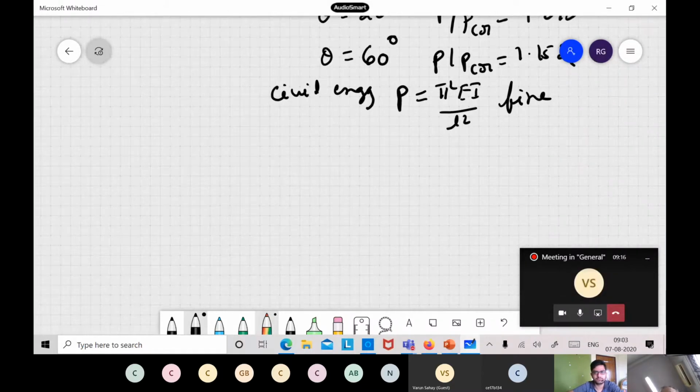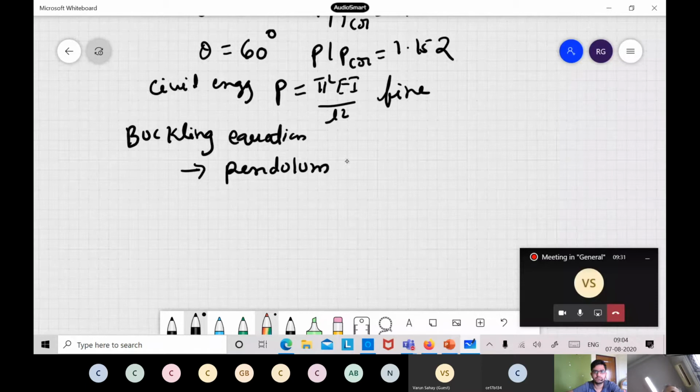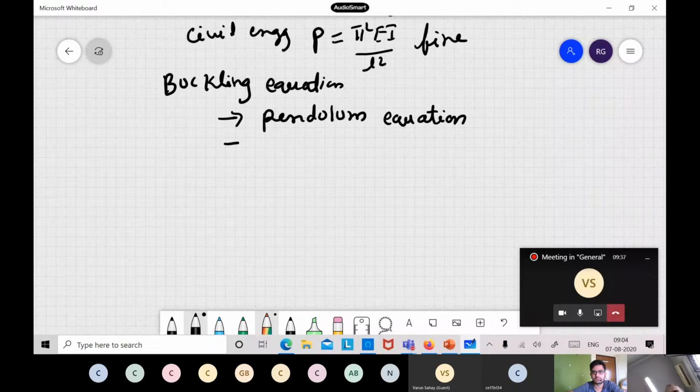Another interesting thing we said was that the buckling equation we derived in our last class is exactly similar to the pendulum equation. Mathematically speaking, both of them are the same, and the solution is also the same. We wrote it in terms of elliptic integrals of the first kind. This is one interesting observation from our last class: pendulum and buckling are the same. If you know the solution for the buckling equation, you know the solution for the pendulum itself.